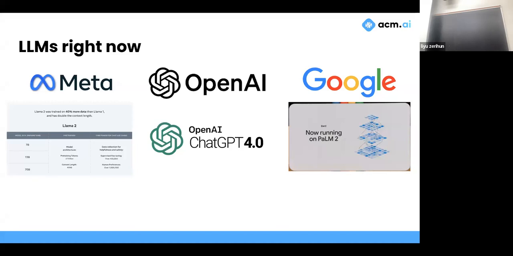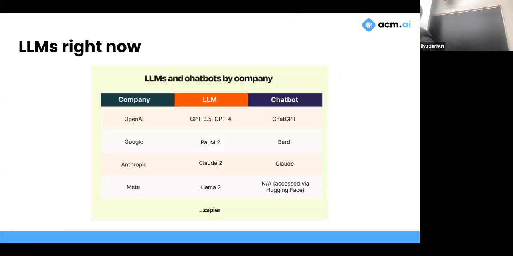So they actually release data. And what's nice about Meta is they're the only company to release the models. You can download these and run this on your laptop and fine tune it more and do whatever. OpenAI is through an API. Google Bard runs on what's called PaLM 2. So yeah, that's kind of it. Here's a little diagram to break it down. The GPTs run ChatGPT. PaLM is Bard, then Claude, and then Llama is, we love Llama.